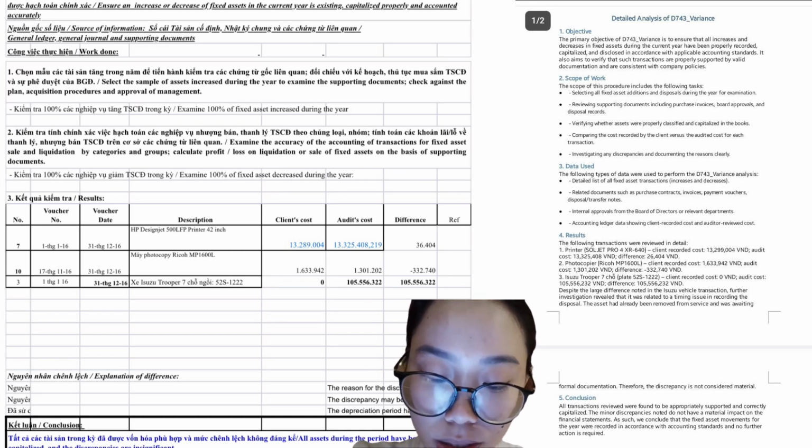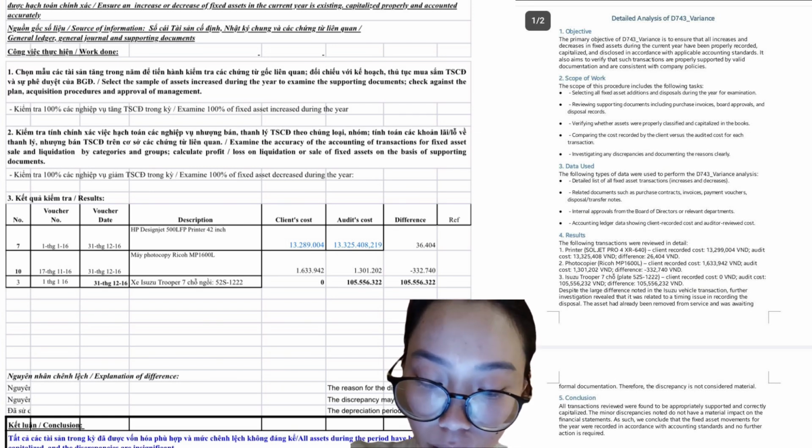Conclusion on transaction review found to be appropriately